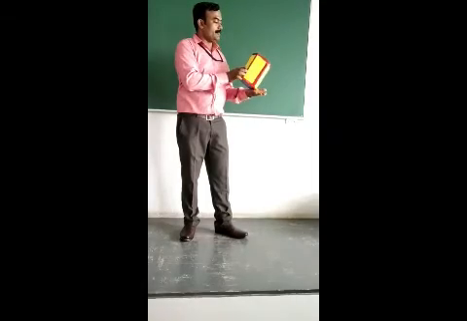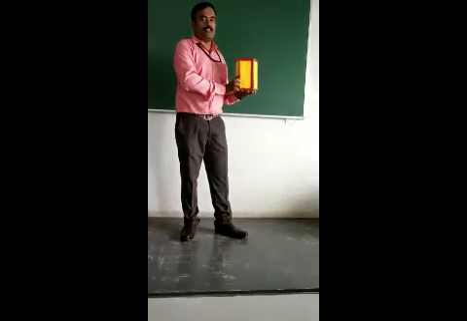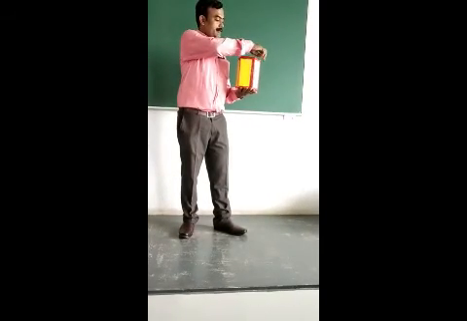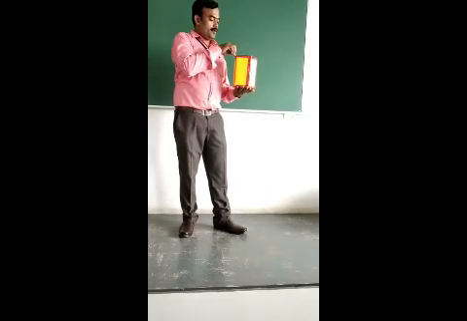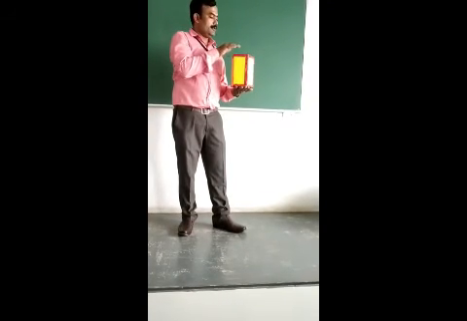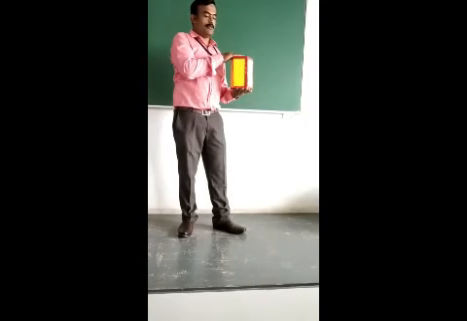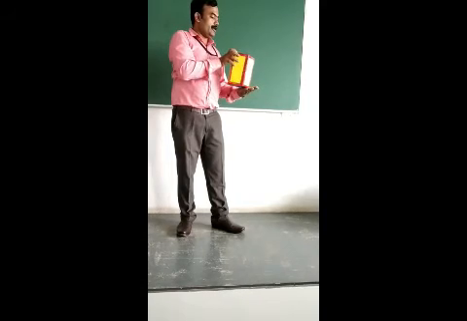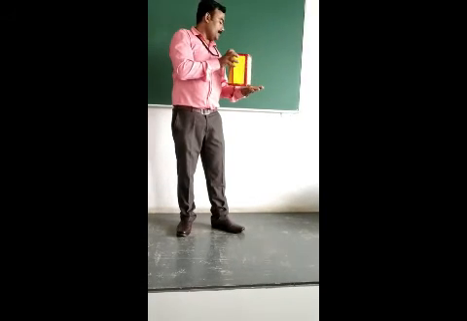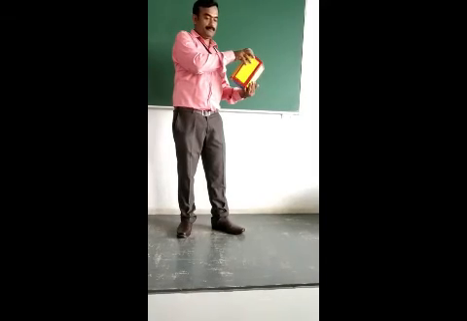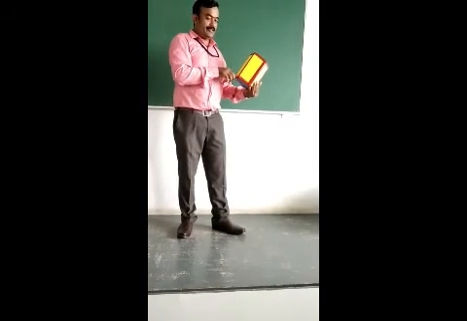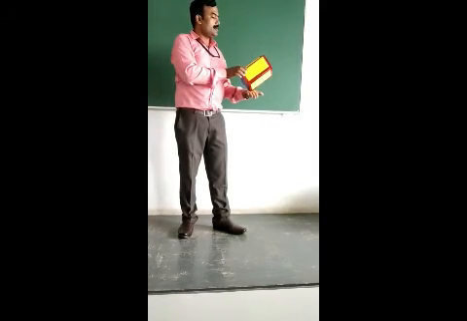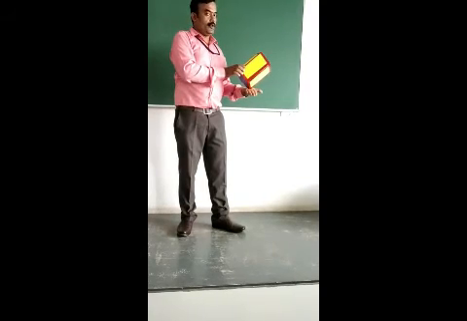So what I am doing is I am taking this one, keeping the base of the solid on HP. Now draw the top view, keep the corner on the right hand side, and the opposite base edge should be perpendicular to the VP. Draw the top view which gives the true base shape of the solid. Then project the front view. Now rotate the front view, keeping the one corner on the HP till the vertical distance between the HP and the opposite edges is 40 mm. So from the front view, draw the top view.